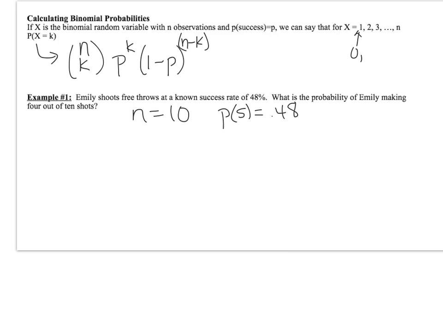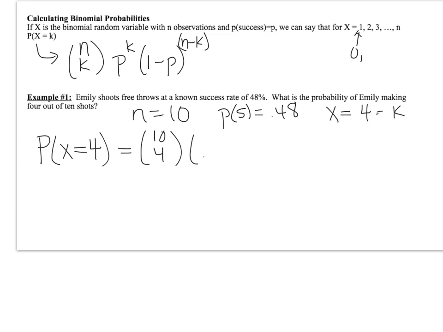And those shots should be independent, or at least we have to assume them to be in this particular setting to be able to do the problem. We want to know where x is equal to k, where the random variable x is taking on 4, and this is our k and our n choose k. All right, so this is what we want to find. And to find it, we're going to write a probability statement. We want to find the probability that x is equal to 4. It's the probability she makes, and we're only talking about exactly 4 out of the 10. We don't care the order in which she makes them. We just care that she makes 4 of them. So that would be n choose k, so 10 choose 4, times the probability of success, 0.48, to the 4th, because we have 4 successes, and then the probability of failing, 0.52, to the remaining n minus k, or 6